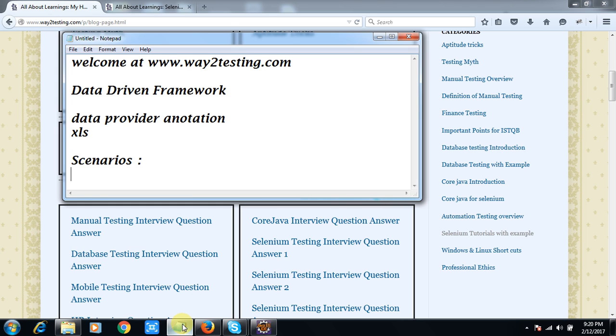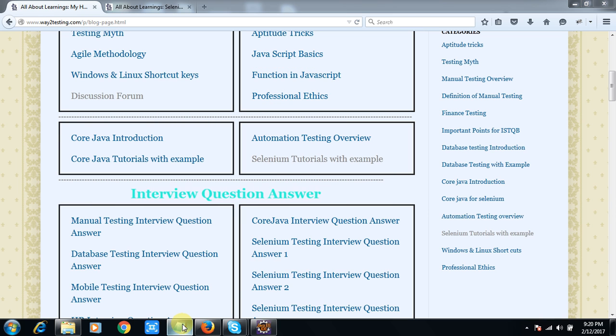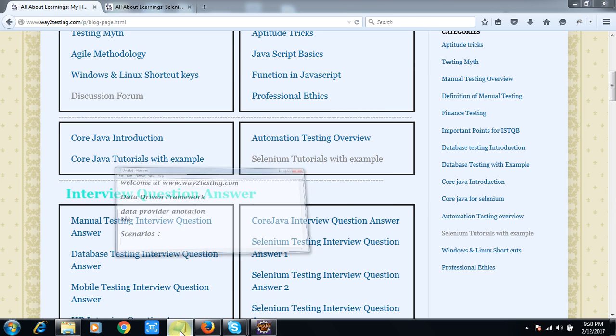Yesterday we discussed the page object model, and today we will discuss the data driven framework. So what is it? Suppose there is a case where you need data from somewhere and you want to enter it in your website or some web page multiple times. Then this framework comes into existence, and you will see a lot of scenarios for this